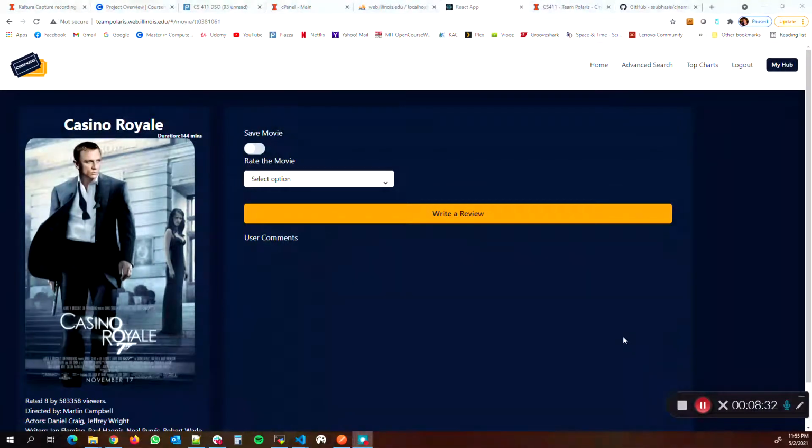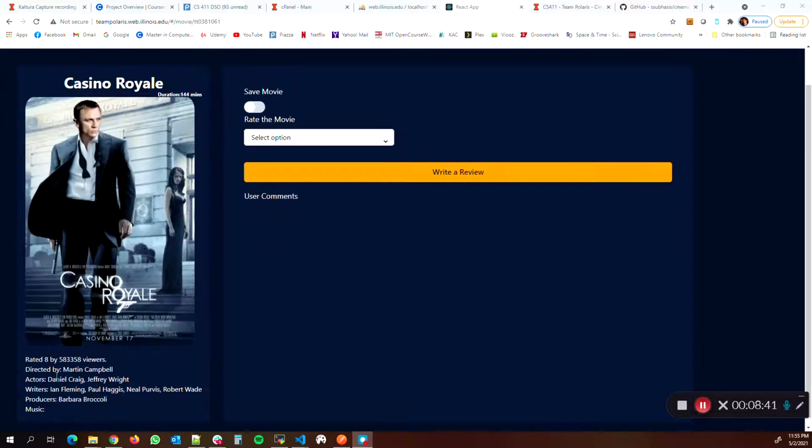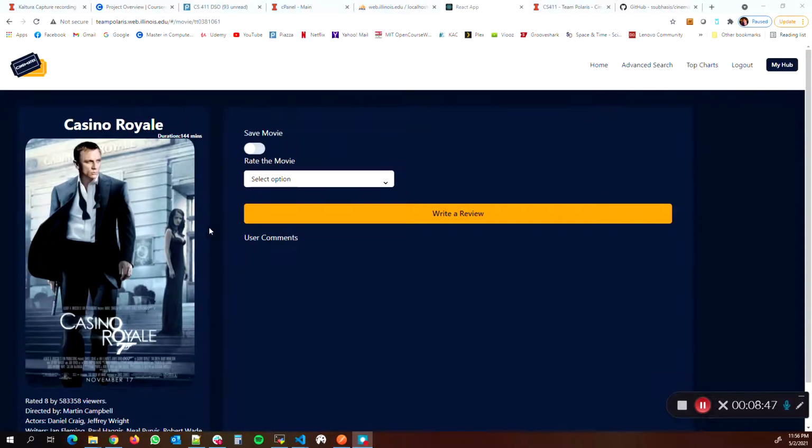In this movie page, we fetch some of the details from MySQL, and some of the other features are fetched from MongoDB. The movie information like the actor, producer, and director are fetched from MySQL. The image, which is basically an image URL, and all these details are fetched from MongoDB.